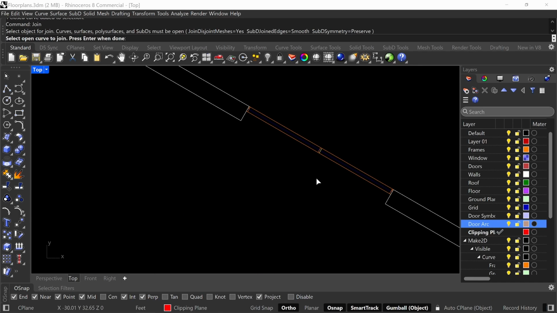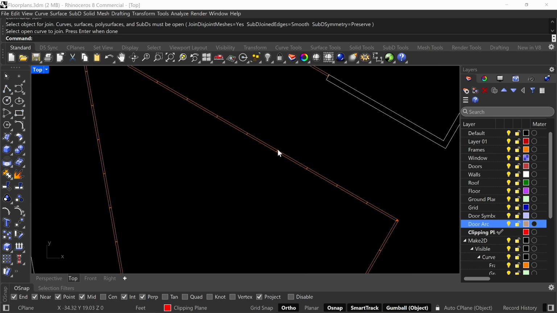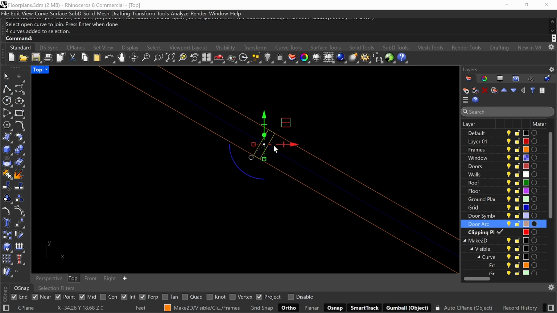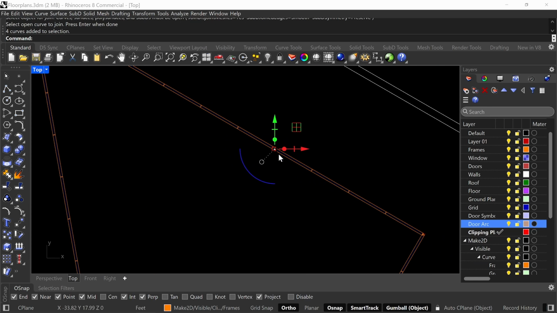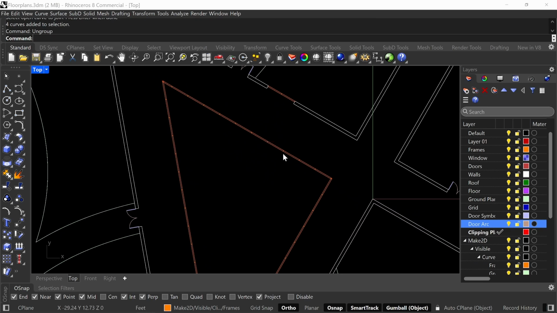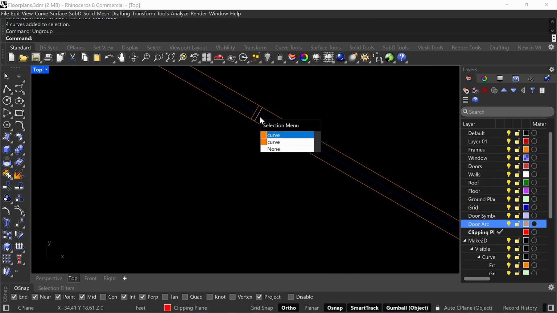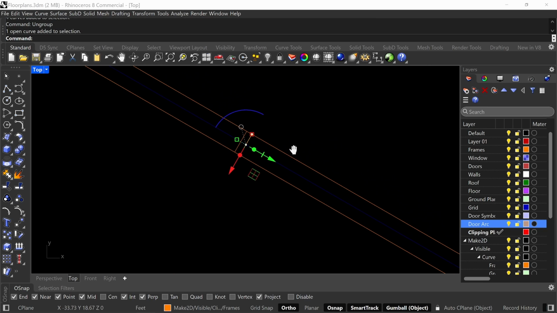When you make 2D, sometimes it'll group the output together, right? So let me just ungroup, okay? So you see how this isn't grouped? What you can do